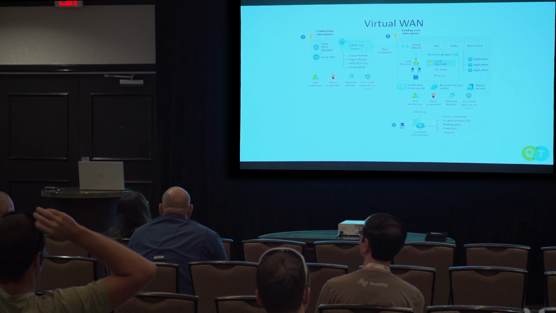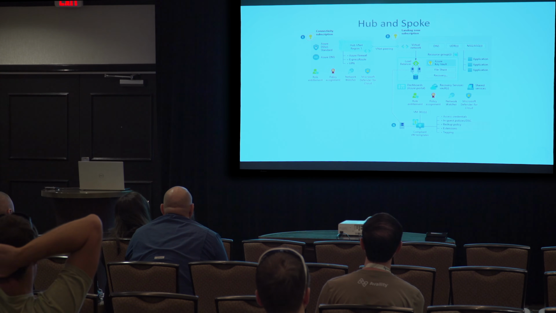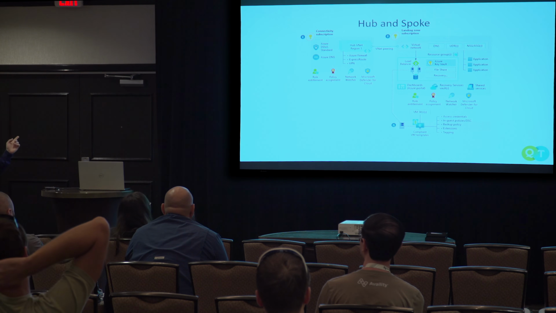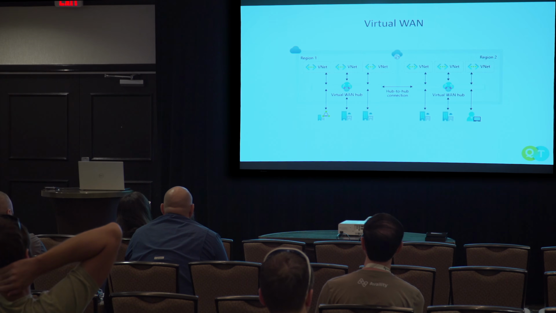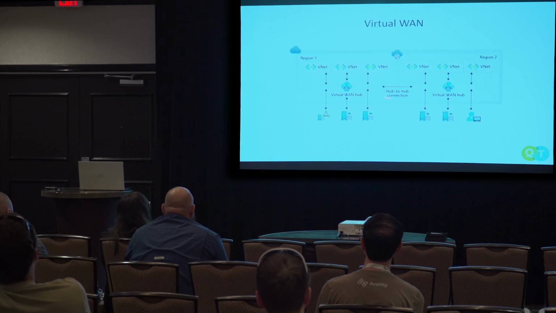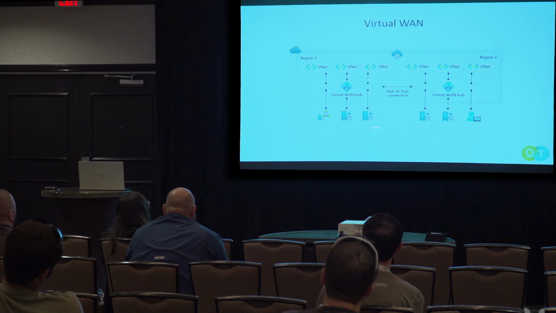And these are the Microsoft diagrams for those. There's vWAN, and there's hub and spoke. All that changes is your connectivity subscription, and all that changes in that is whether you're using the vWAN or the hub and spoke. This is what your vWAN is going to look like. You will have hub to hubs going across vWANs, so region to region, and then you'll have your ExpressRoute and your users connecting to either one of those.